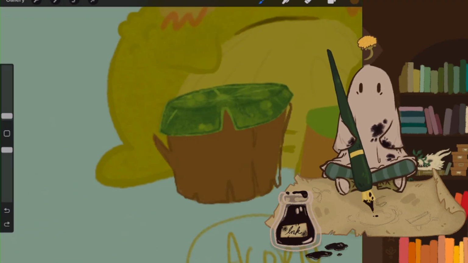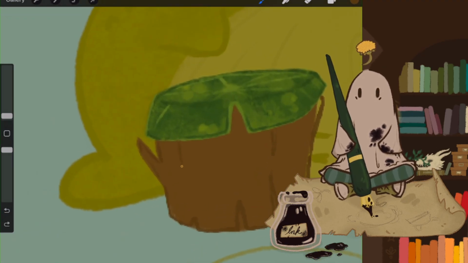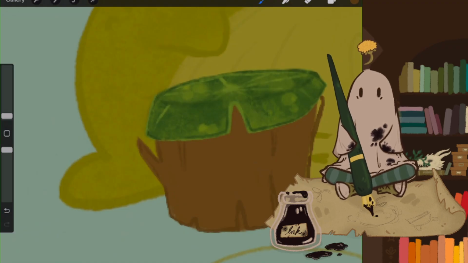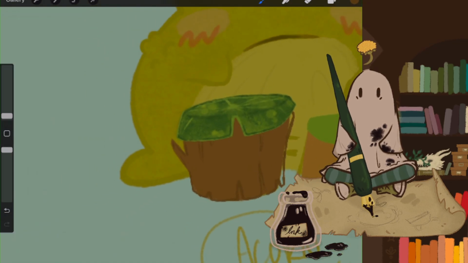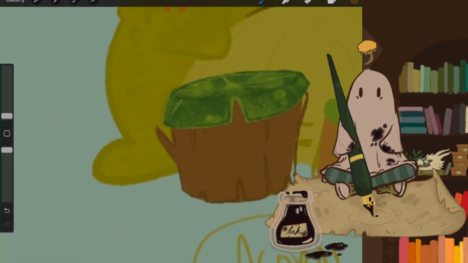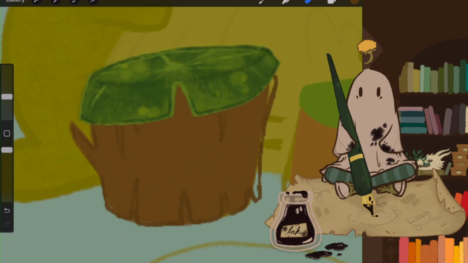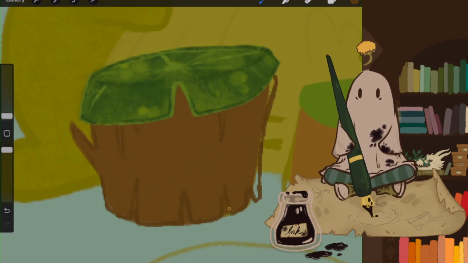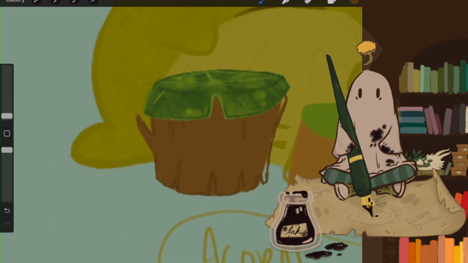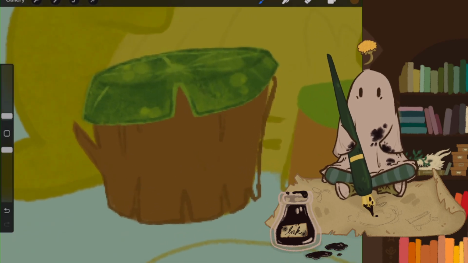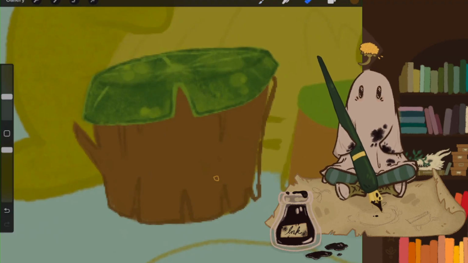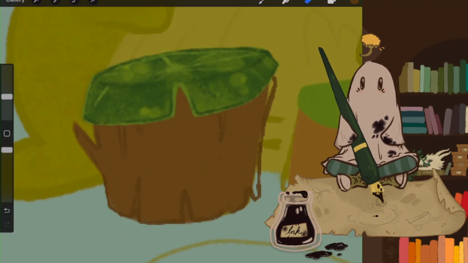Something like that. I might need to look at more reference pictures, but